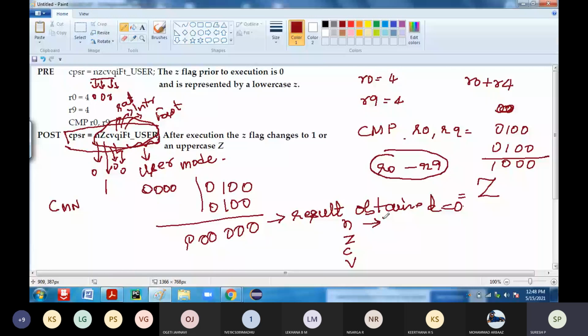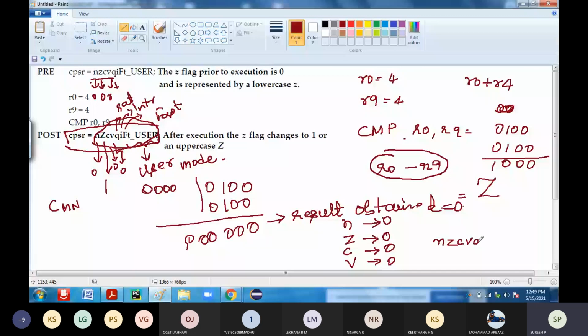Your negative flag will be affected only if your 31st bit is 1. If your 31st bit is not 1, your negative flag won't be updated. Next, is your zero flag affected? No, it stays 0 only. Is your carry flag affected? No, again it is 0 itself. Only if a carry is generated from the 31st bit will it be set. The overflow flag is 0 too. All of them will be in small letters: NZCV.